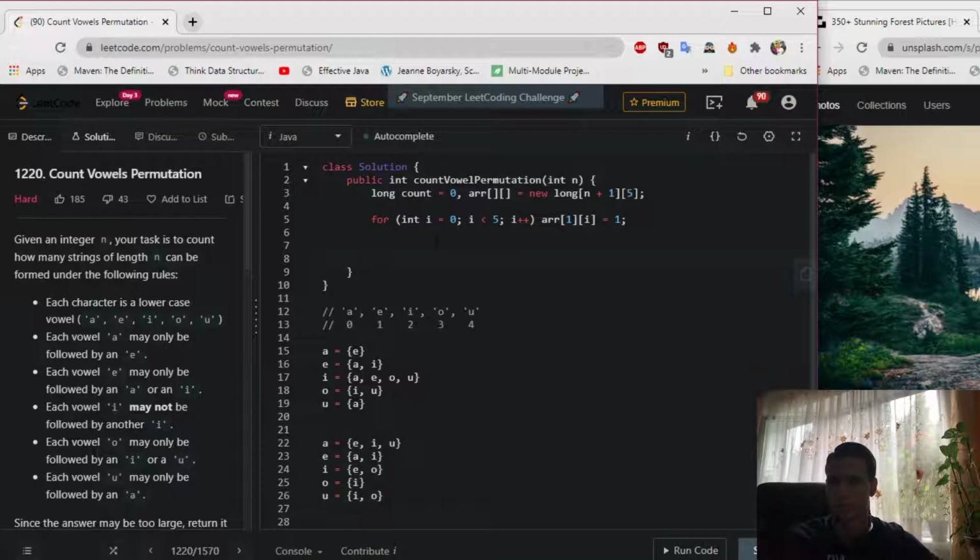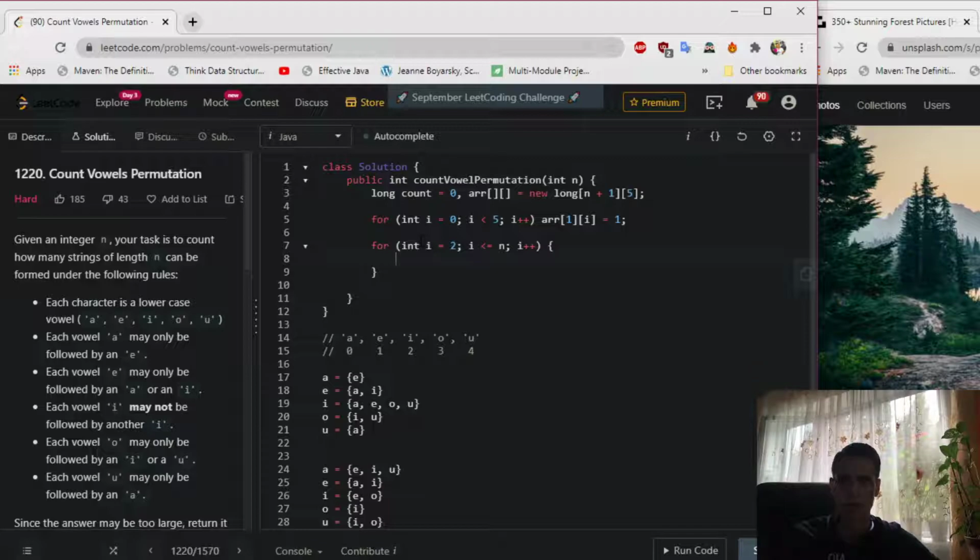And here we create a for loop. Int i is equal to 2. i is less than or equal to n, which is an integer. i plus plus, and at each iteration we do the calculations. Array at the position of i, 0,